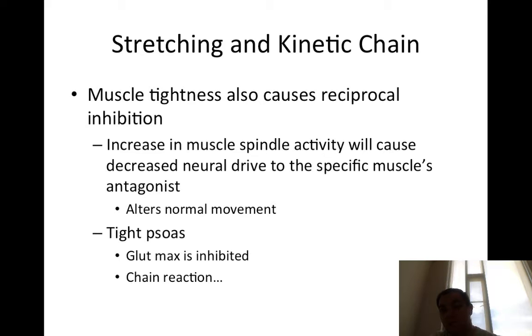This alters normal movement. So if I have a tight psoas, my gluteus maximus becomes inhibited, and then this chain reaction occurs, like I was talking about with my hamstrings. So if my psoas is tight, glute max becomes inhibited, might not fire properly. So now my glute max is an extensor, right? So now when I walk, my gait is off. And now I can't walk properly. Now maybe I don't have a limp or anything like that, but I could develop